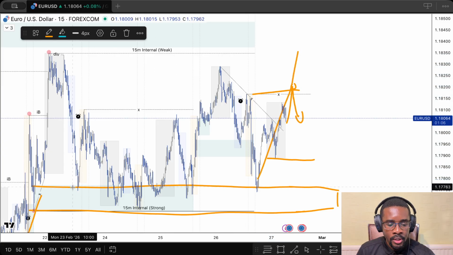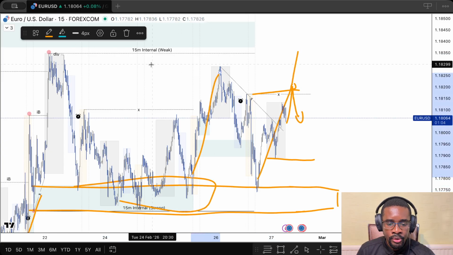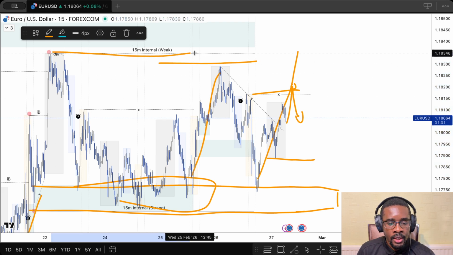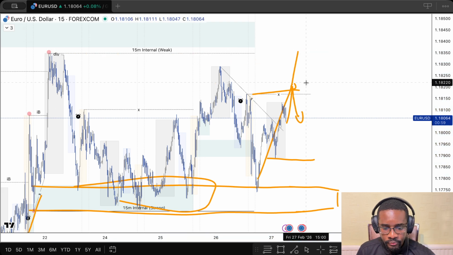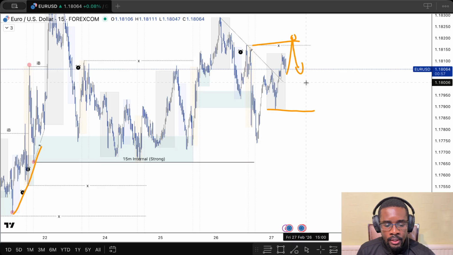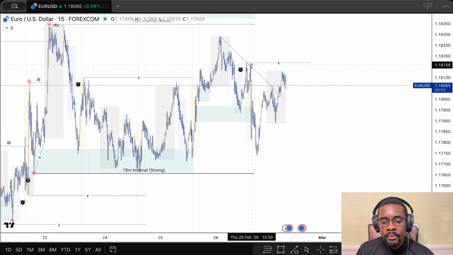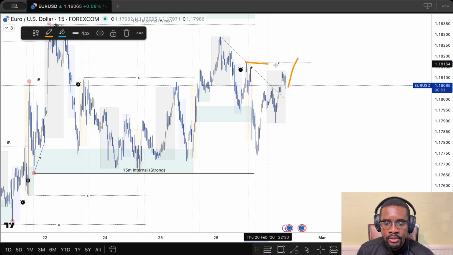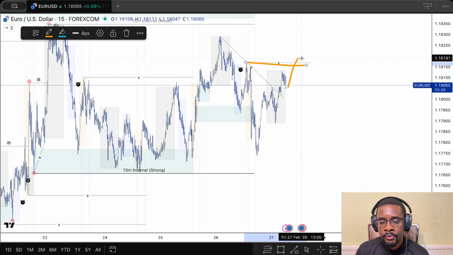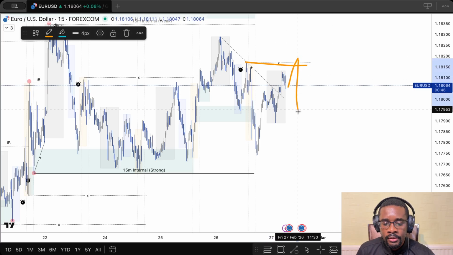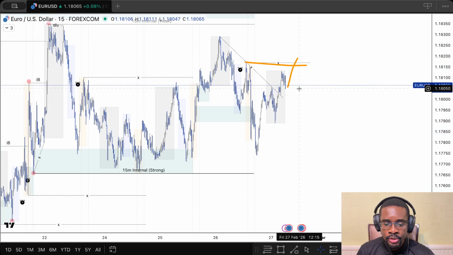After all these mitigations, we failed to make a higher high, so this high is still holding. So in one sense, price could simply breach this. This has to happen within our key time window, and then price could continue all the way